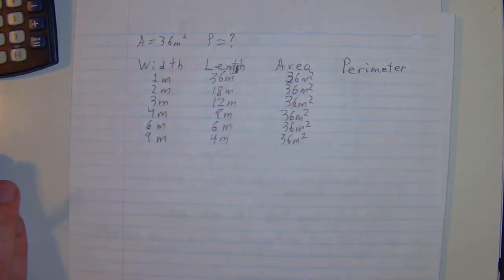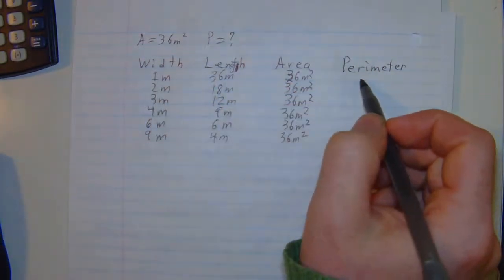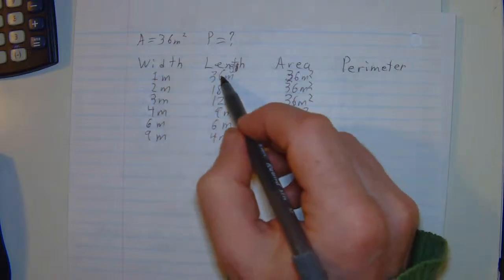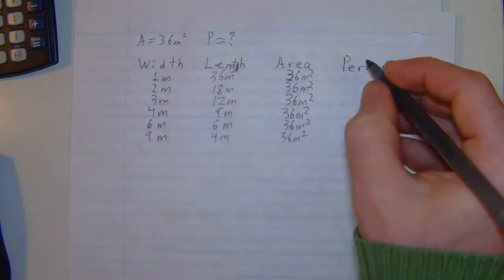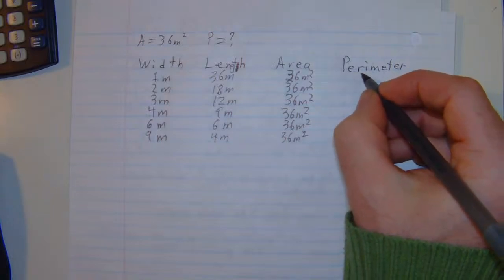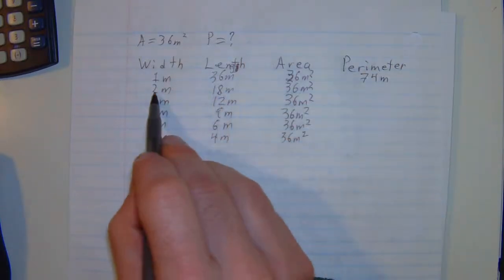All right. So now we can fill in the perimeters. Well, perimeter is length plus width times 2. So 36 plus 1 is 37. 37 times 2 is 74 meters. Length plus width times 2,